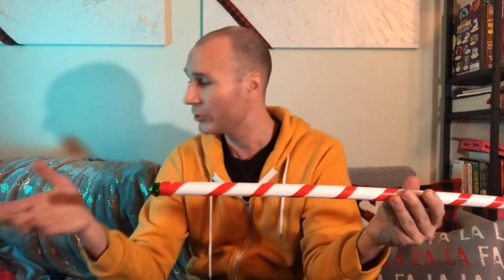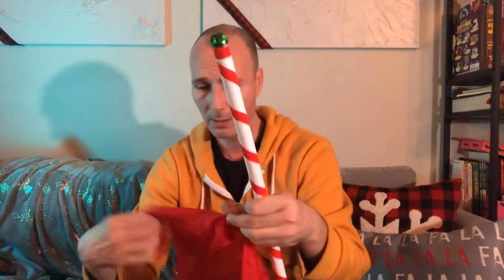So back to this guy. You could do the routine I just did with this as a magic in the air testinator. Same thing, you're going to polish it up, grab that little bell, and push down. Now this is not how Rob Erdman uses this prop, but it works exactly the same. There's one little thing I would do differently if I were to use this prop with that routine,